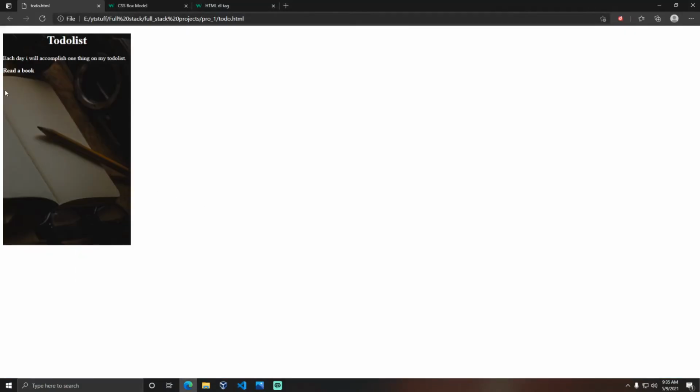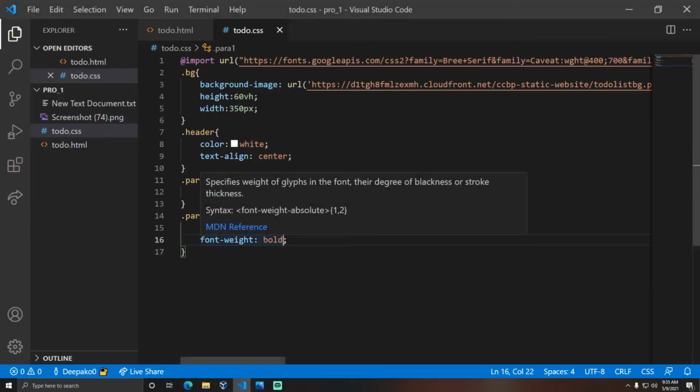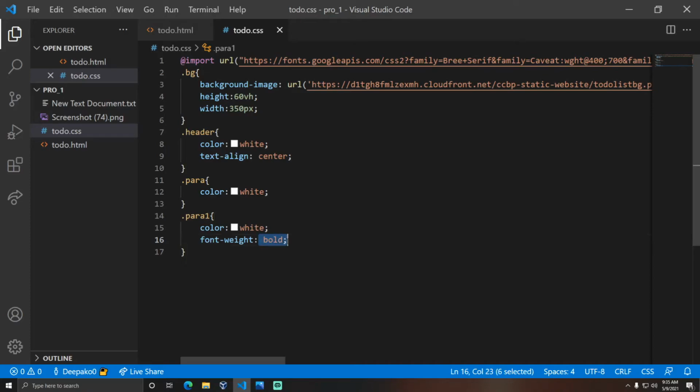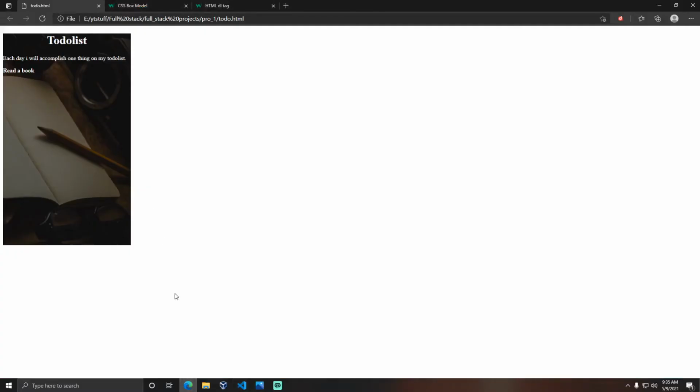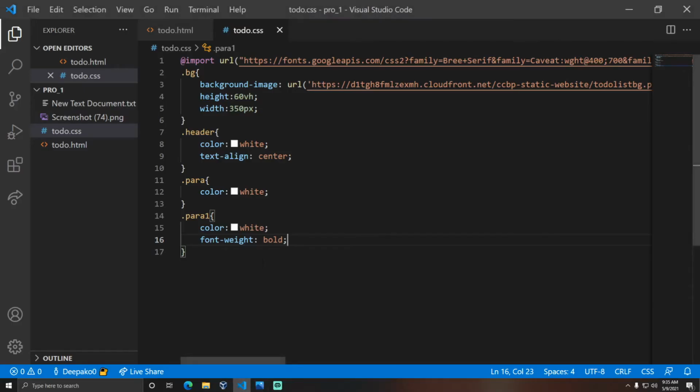Let me refresh it. Here you can see that read a book has turned bold. So to do that, you use a property called font weight, and give it the value bold. Up to now we achieved this much of the design, and here we need to get this paragraph. I think it seems difficult that I need to type.